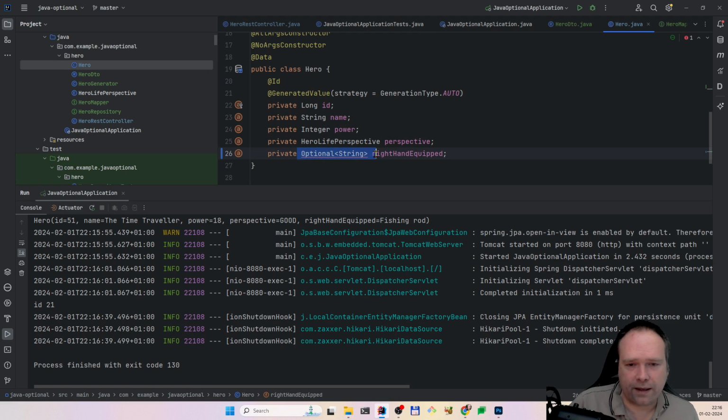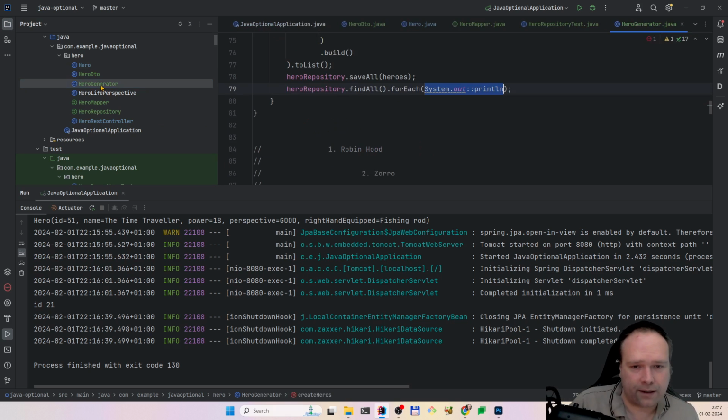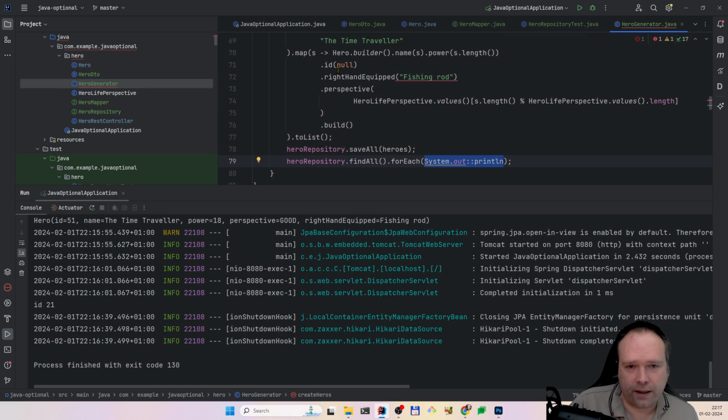You should never do something like that. It's okay that the value is null when you put it in. The database can handle a null value. When you take it out, first of all, if I try to run this, then I'll get an error. But I have to change another place also. I have to change here where we generate